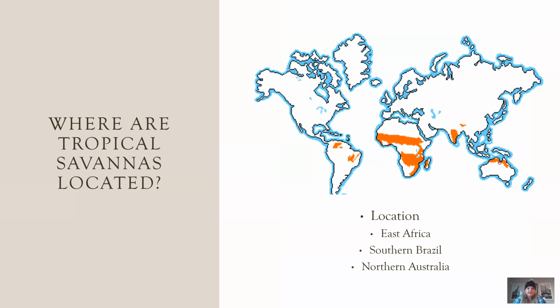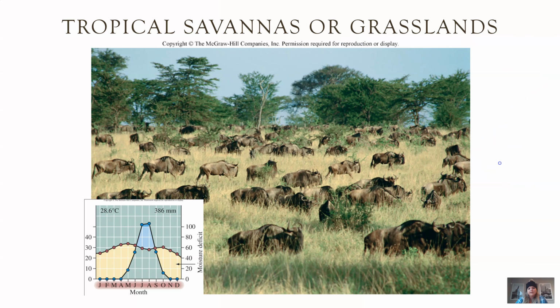Where are these guys located? Most of them are in Africa, but there are some in southern Brazil and northern Australia. Here's a look at what they might look like with the tall grass. As far as the precipitation and temperature goes, you're going to see very hot summer months, and precipitation is pretty consistent throughout